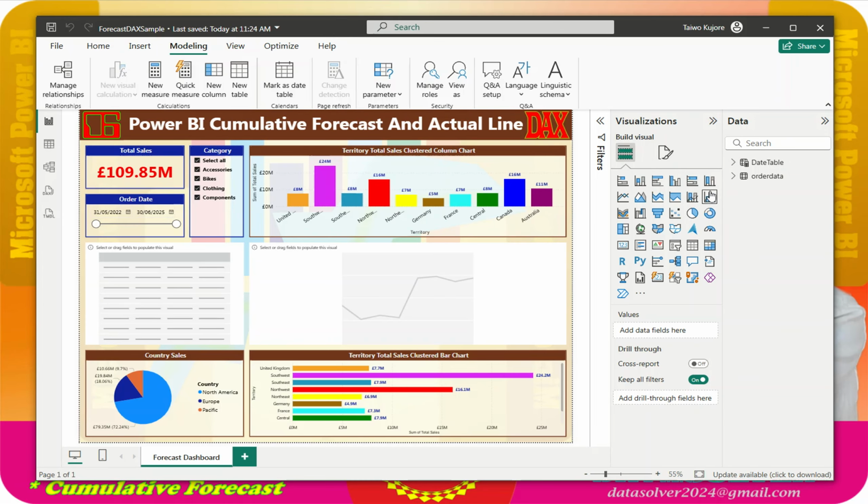Another thing to do before you start creating your forecast, because we need to do additional forecast in DAX code. Data Analysis Expressions, that's the meaning of DAX. So that is the code needed for Power BI reports, for those of you that are new to Power BI. So the next thing to do is to create